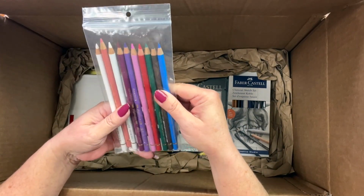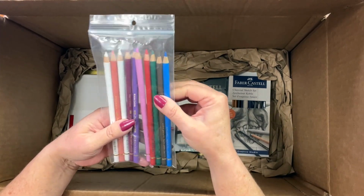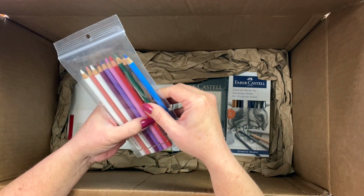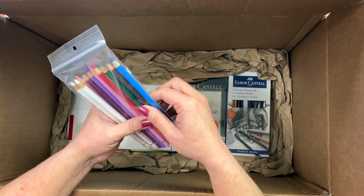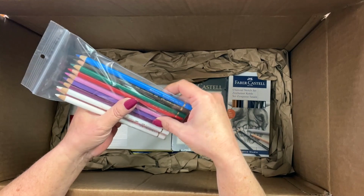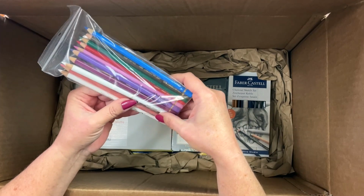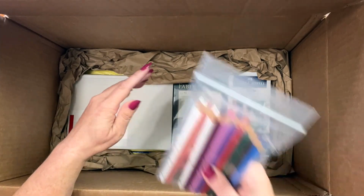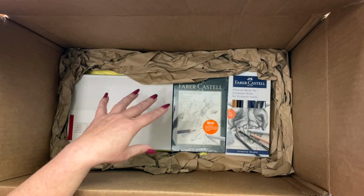Some replacement Polychromos pencils, one of my favorite colored pencils to use. I had run out of these colors. So there's Phthalo Blue, Burnt Umber, Hooker's Green. Don't know what this one is. Deep Red. Light Magenta, Violet. Magenta. I think I have two whites in there. And Coral. It's great that Above Ground sells these separately, so I can just replace the ones that I'm out